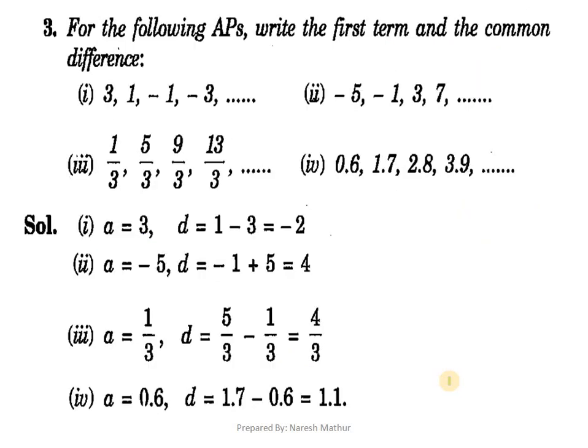In the third question, for the following APs, write the first term and the common difference. So it's so easy because the first term is already given in the question and we just need to find the common difference. For the common difference, just subtract the first term from the second one. You can just subtract 3 from the 1, 3 minus 1, or 1 minus minus 1, or minus 1 minus